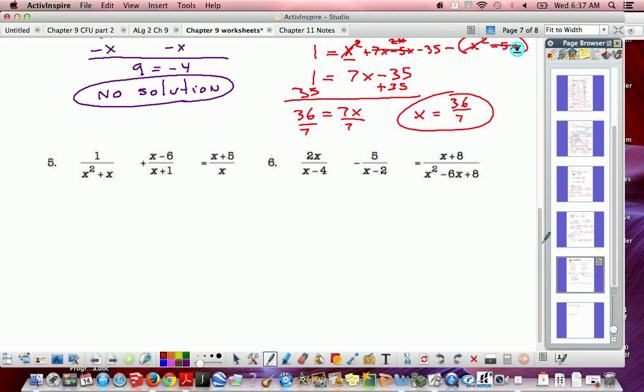All right, number 5. So I'm going to factor what they had out, anything that I can in the denominators. So on this one, when I factor out x, it's like saying x times the quantity x plus 1. Notice how this fraction has x plus 1, and this fraction has x. So now, when I multiply everything by x times x plus 1 in the top,